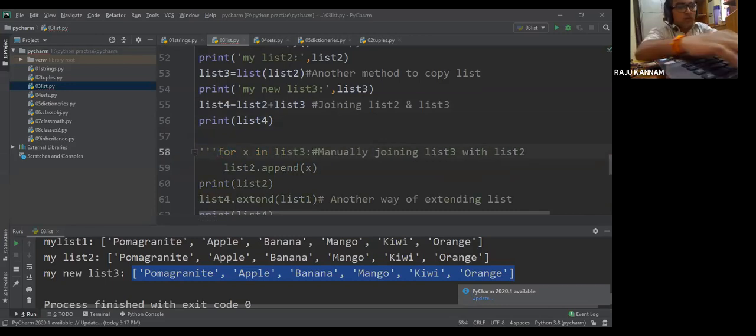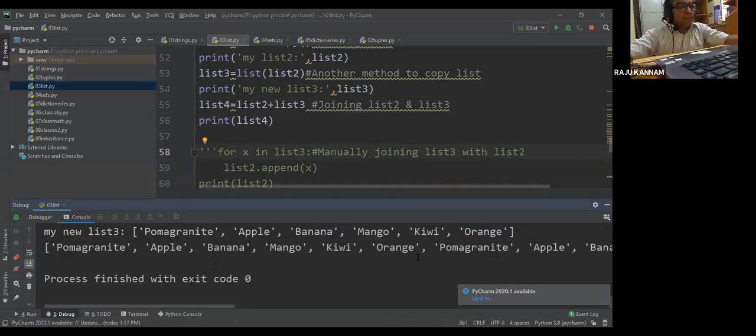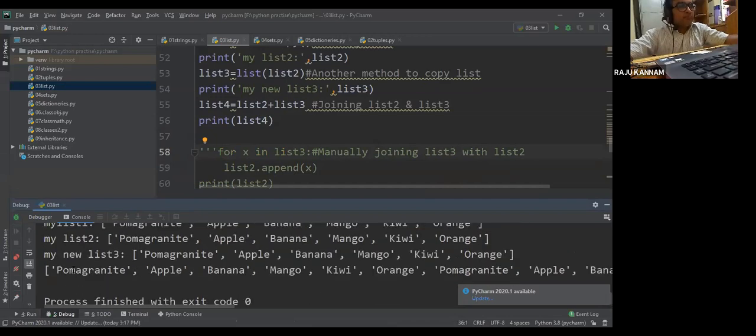Now here, if I execute this, we can see list 4 is printing.